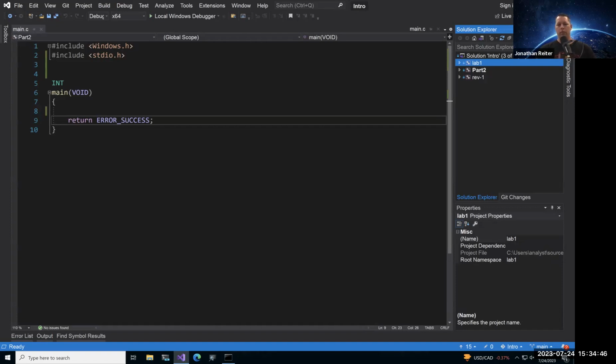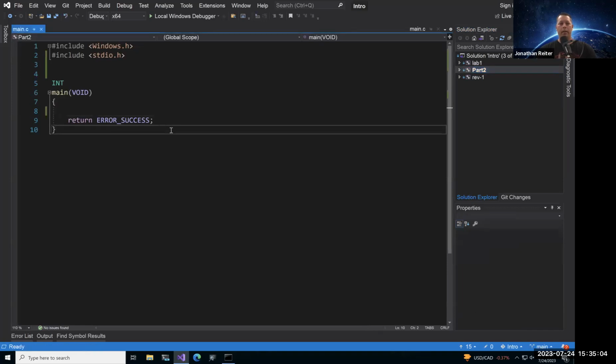What I have open right now is just a basic solution that I called Intro, and I created a new project for that solution called Part 2. I couldn't think of a better name for it. If you could, go ahead and type out the skeleton code, or boilerplate: bring in a couple of header files, and then our skeleton for our main function.